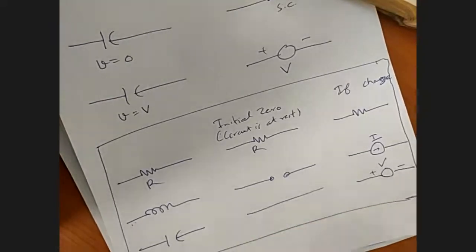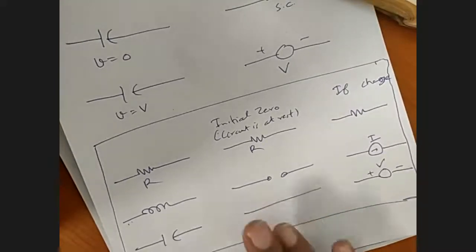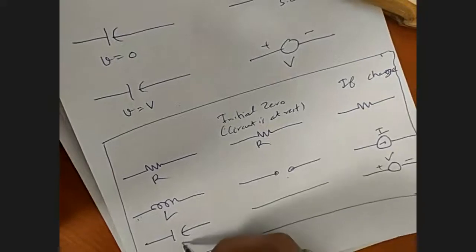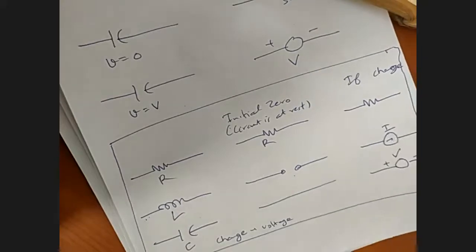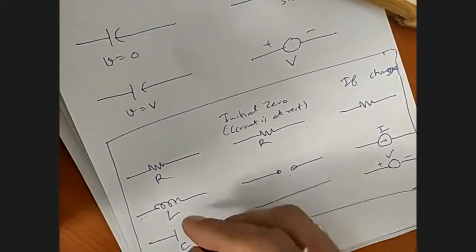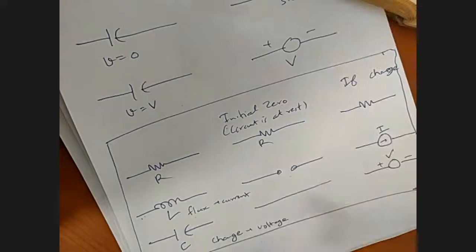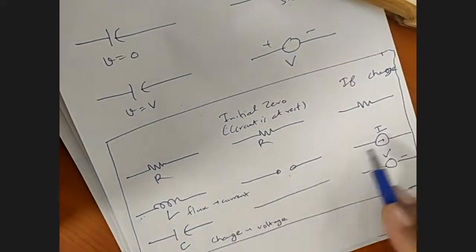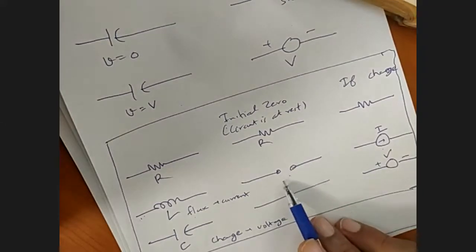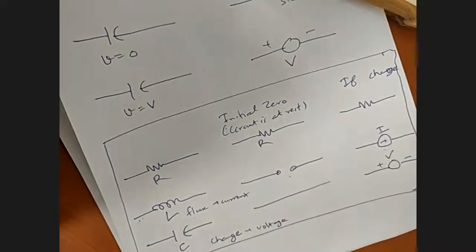क्यों, क्या, कैसे, ये याद नहीं भी रहे तो चलेगा, but you have to remember resistance will behave as resistance, inductance will behave as open circuit, and capacitance will behave as short circuit. याद रखने का बहुत सीधा सा तरीका है, कैपेसिटेंस के अक्रॉस क्या प्रोड्यूस होता है? चार्ज. चार्ज मीन्स वोल्टेज, तो दैट मीन्स वोल्टेज सोर्स, और वोल्टेज सोर्स अगर जीरो कर दें तो क्या होता है? शॉर्ट सर्किट. इंडक्टेंस क्या होता है? फ्लक्स. एंड फ्लक्स कब होता है सर्किट में? जब करंट फ्लो होती है. दैट मीन्स इंडक्टेंस विल बिहेव एज करंट सोर्स, और अगर हम करंट सोर्स को जीरो कर दें तो दैट विल बी बिहेविंग एज ओपन सर्किट.